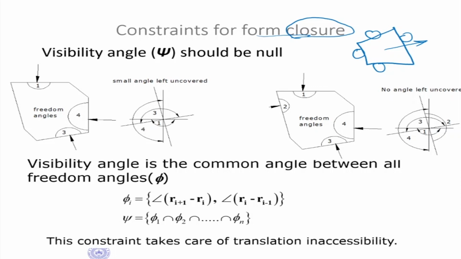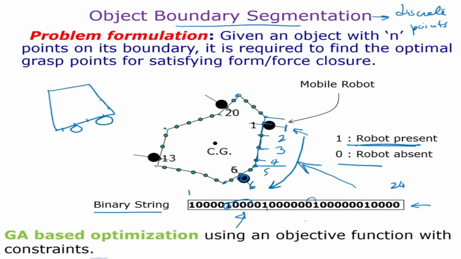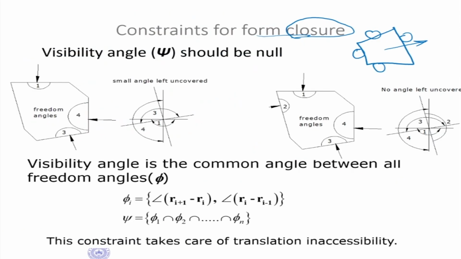Okay, and now we are talking about a computer program. So how are we going to ensure that the object cannot escape in any direction? Now, if we just go back a little bit, when we talked about the binary string, this string basically tells us where is the location of the fingers. Based on that, I can compute my clockwise and anti-clockwise moments. Now, I also need to compute if the object can escape or cannot escape. If the object can escape, then the grasp is of no use. Or if there are multiple robots trying to catch an object, it's of no use because the object can escape. Right, and how do you do that?